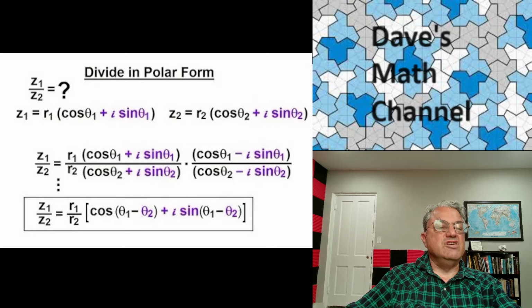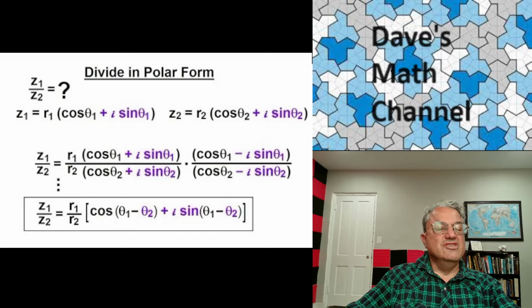Z2 has to be non-zero, but in this case they're both non-zero. So we can write z1 as r1 times cosine theta 1 plus i sine theta 1, or you could just write it as cis theta 1. I'm just going to call it cis theta 1 to simplify matters. So z1 is r1 cis theta 1, z2 is r2 cis theta 2, and then it turns out if you do the math, the answer you get for z1 over z2 is r1 over r2 times cis of theta 1